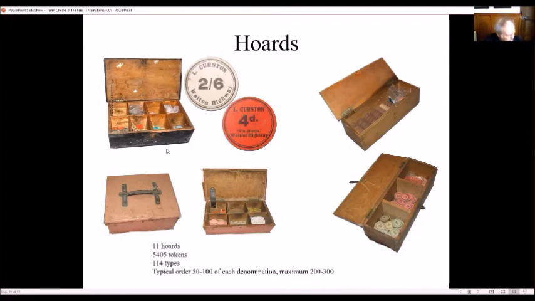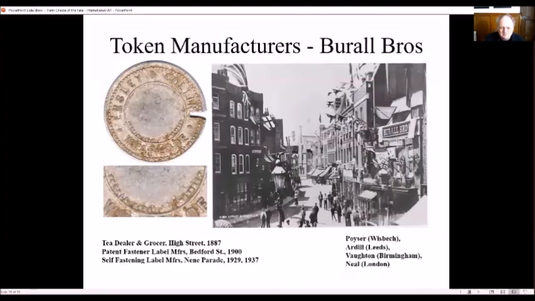I haven't found a hoard yet of metal tokens in its original box. The surviving hoards are cardboard tokens in wooden boxes. Most of the metal hoards probably ended up in the scrap many, many years ago. The cardboard tokens, it rains on them, they turn to mush, or they'll have been composted or burnt. They're quite rare survivors, the original boxes, and most of them that I've got are full of woodworm. So they come with their own life forms.